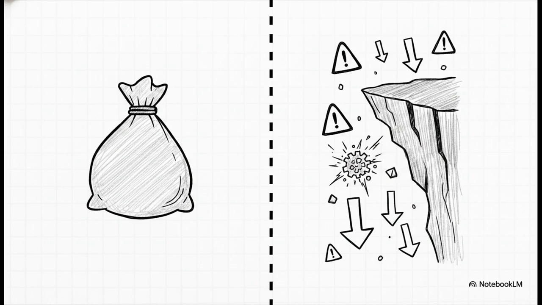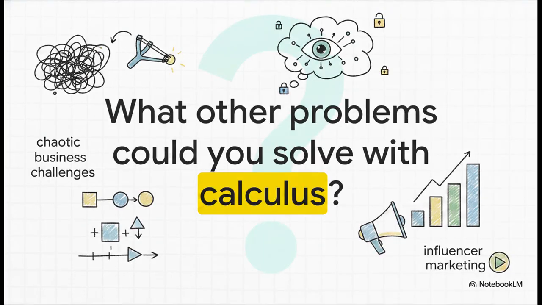If ABC Limited spends even one single dollar beyond that $17,990 mark, they cross right into a danger zone, where the cost of acquiring new viewers literally outweighs the profit those viewers bring in. Thanks to calculus, they know exactly when to turn off the tap. By turning a messy, modern digital marketing problem into a clean, trackable calculus equation, ABC Ltd didn't just survive the rising cost of ads. They absolutely conquered it.